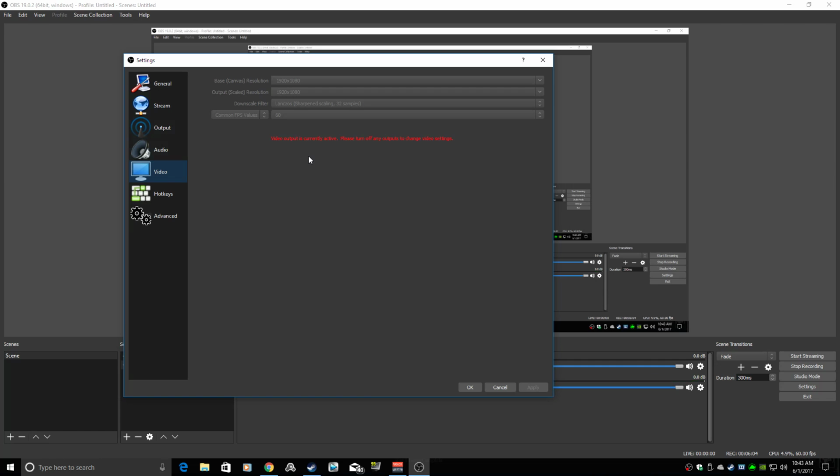Video output is currently active. Yes, I'm using this to record right now, but your video, your base is going to be 1920 by 1080. Your output scale is going to be 1920 by 1080 to keep it at 1080p. Downscale filter, you're going to want to keep it at 32 samples for sharpened scaling. It's going to be set to 16 by default, but 32 is going to make it nice and sharp and